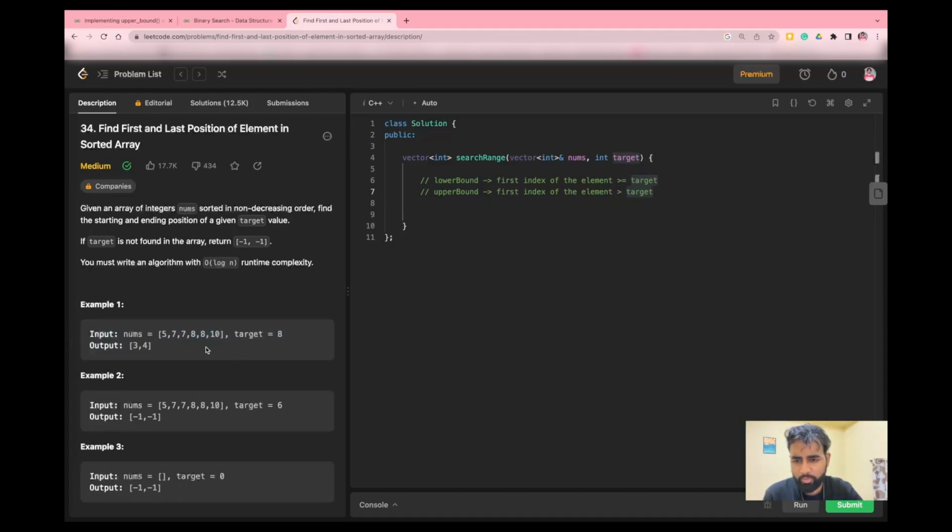In this example, if I want to find the lower bound of 8, this will give me the first occurrence of 8. And if I find the upper bound of 8, this will give me the element which is just greater than 8, right? It will point me to this particular index. So can I say the first occurrence is equal to the lower bound, whatever the lower bound will give me, and the last occurrence is equal to the upper bound of this target element minus 1,